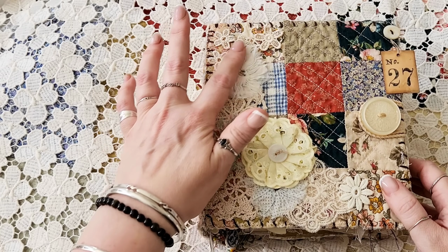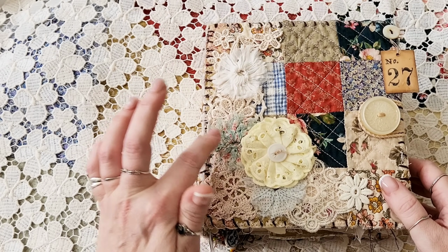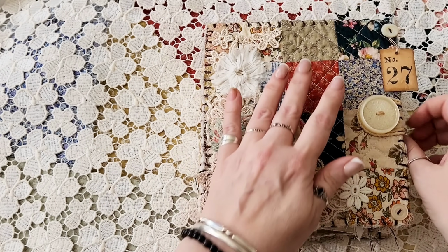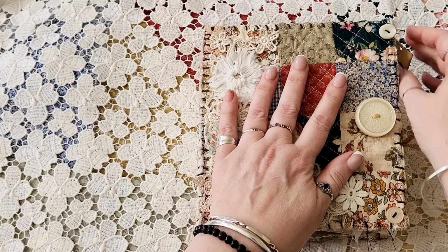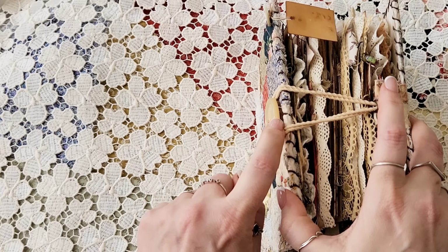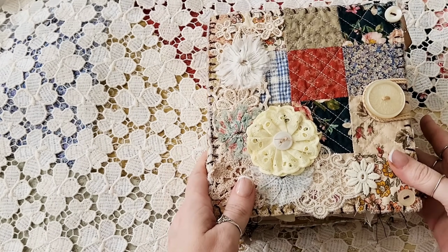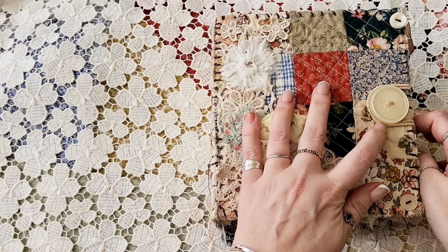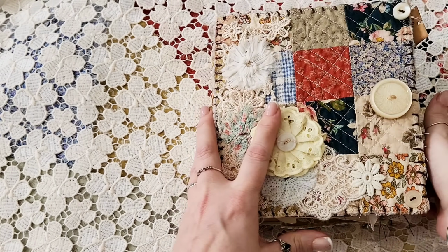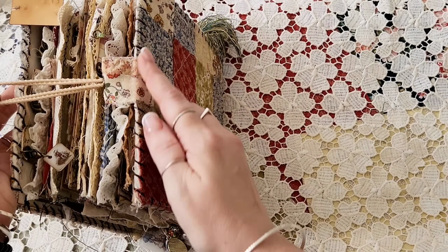These are from my lovely friend Yvonne. These are Suffolk yo-yos that she got off something, which I think is really, really cool. Okay, so if we open her up, that closure there, that's just a nice big button, and I've just raised it up with layers and layers of cardboard cut in the die cut so that the elastic does hold quite nicely underneath the button, and it's just put through an eyelet and that's sewn through